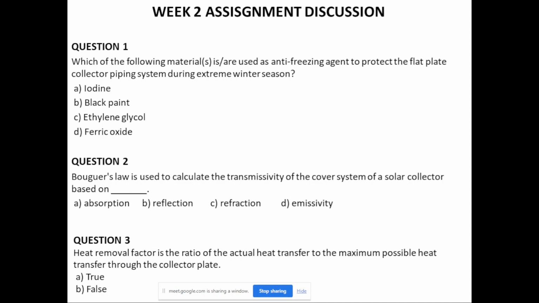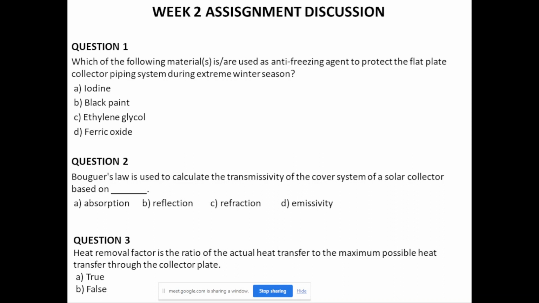If you remember, we also use this formula, Bouguer's law formula, tau alpha equals e to the power minus K delta over cos theta r, where K is your extinction coefficient, theta r is the angle of refraction, as the solar radiation that is incident onto your surface gets refracted, and delta is the spacing between the covers. So reflection and refraction, you usually calculate the,